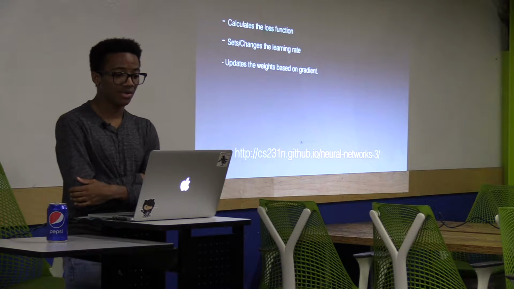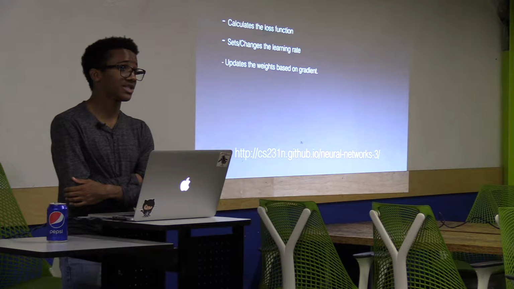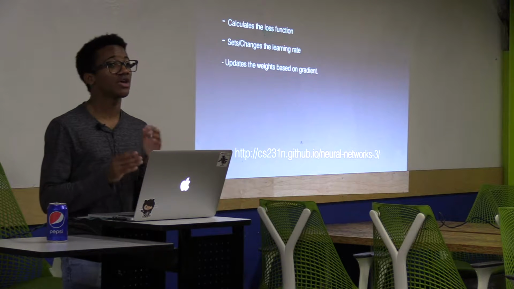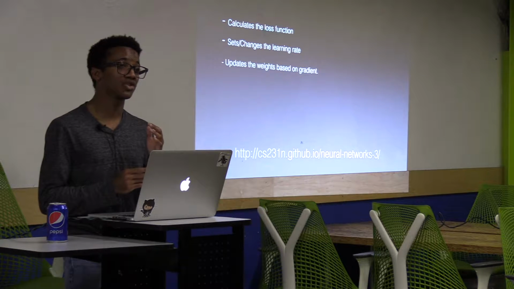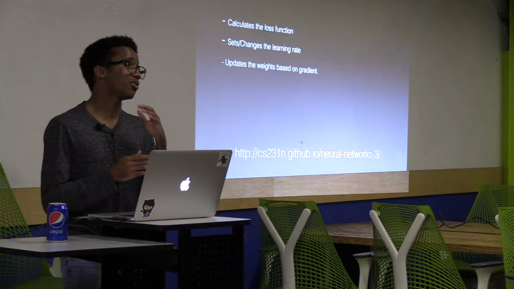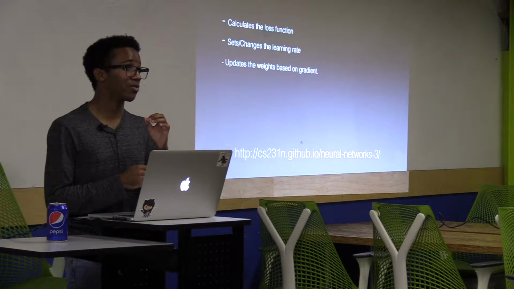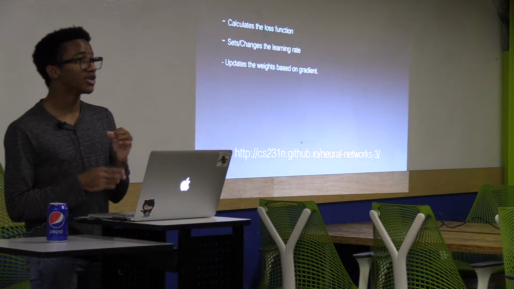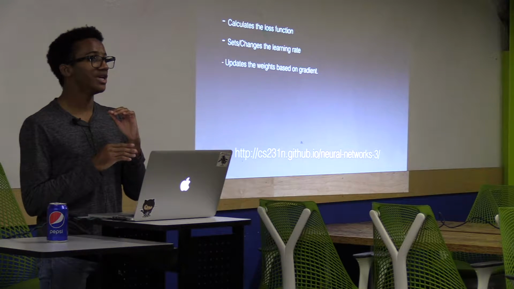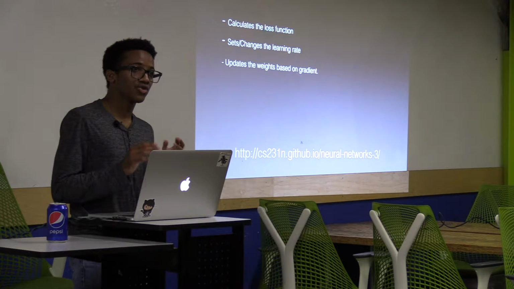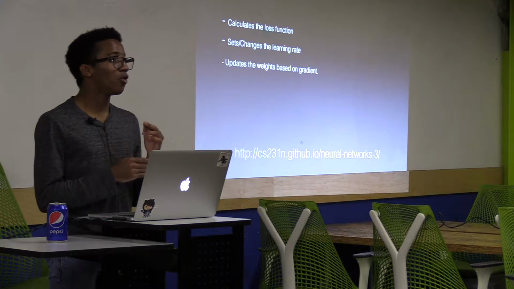Your learning rate is probably the most important thing that you can set in your model, especially with your optimizer. Usually you don't have to deal with this because your optimizer will usually handle it. You'll give it a default, so like 1 is a fast learning rate, where 0.001 is a very slow learning rate, because what you're trying to do is, through your network you'll pretty much have a whole bunch of